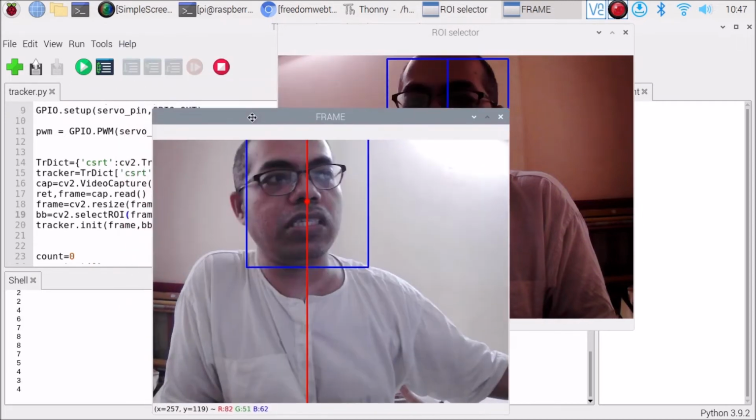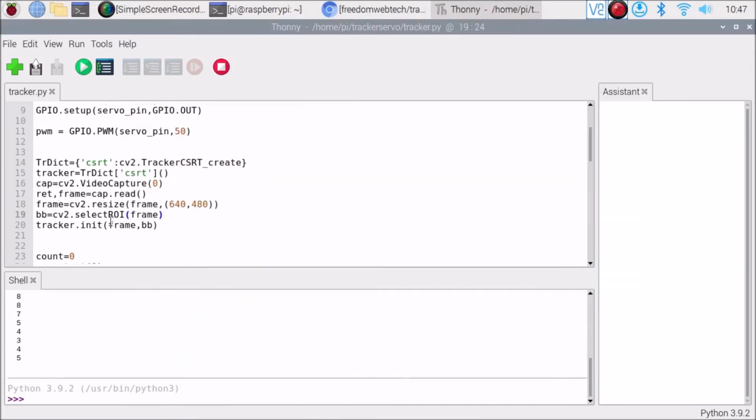Okay, so this is how first you need to select the ROI. Now you can select any object, because we are going to use a CSRT tracker, you can select any object. So now we have selected our object ROI with the help of the ROI function. Now simply we are going to initialize the tracker. So tracker is a variable which basically represents our CSRT tracker. So tracker.init, and inside that we need to mention the frame and our object. So our object is now bb, so we need to pass the bb.